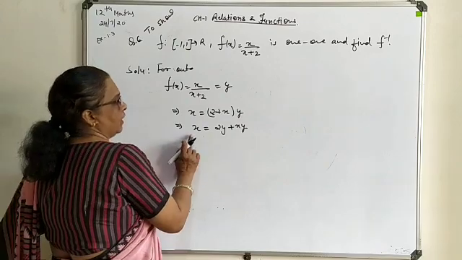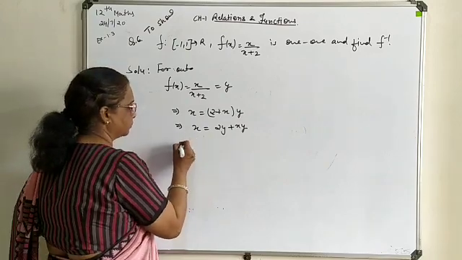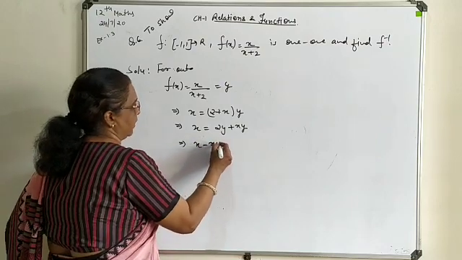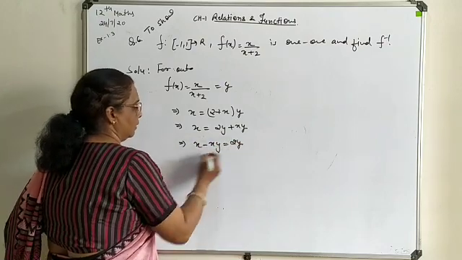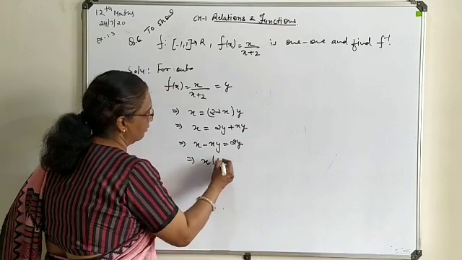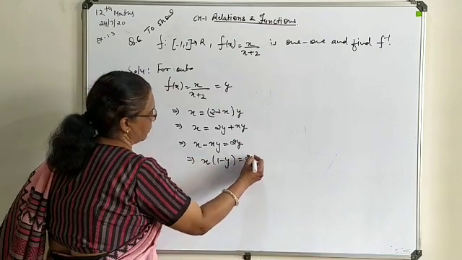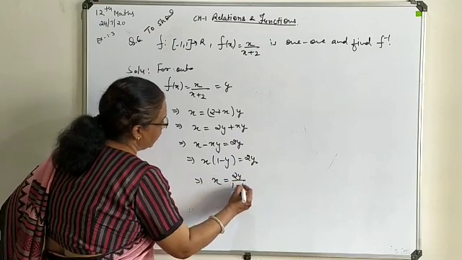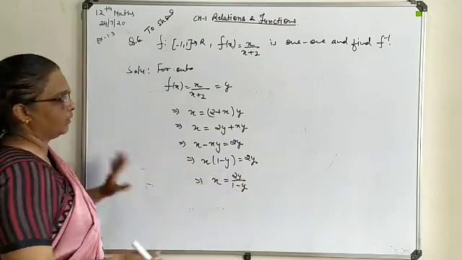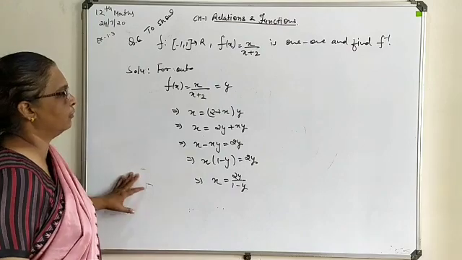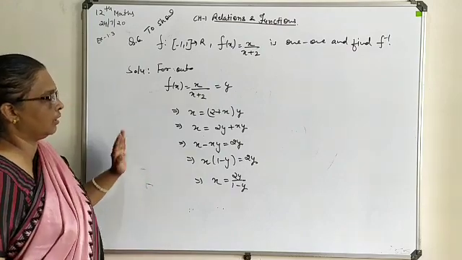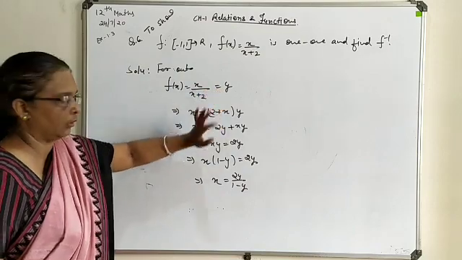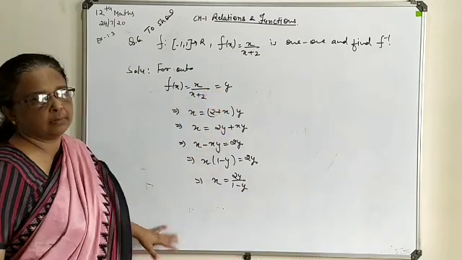So here x you make combined, so it will be x minus xy, that is 2y. So this is x common, (1 minus y), that is 2y. x will be separated out as 2y upon (1 minus y). Directly you can write this one as f inverse, but before writing directly we have to check whether this x value will give you again y or not. Then at last we will conclude.